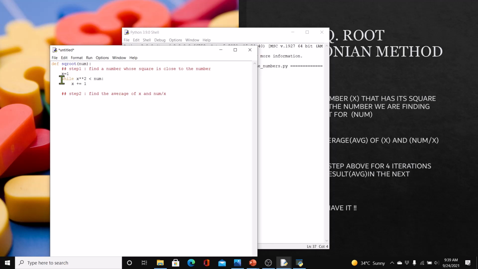Okay, so x being this number, and then of course the num divided by x. So here we have our step which says average equal to x plus num divided by x, and that whole thing divided by 2. Remember, we're taking the average, right? Then we go to step 3,